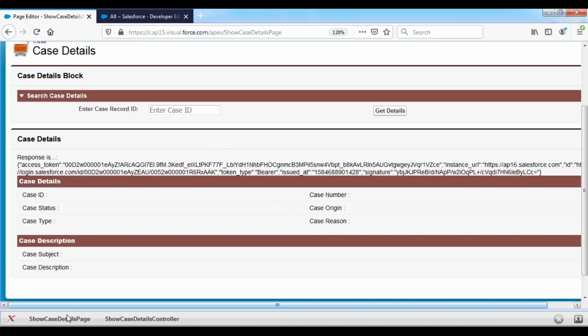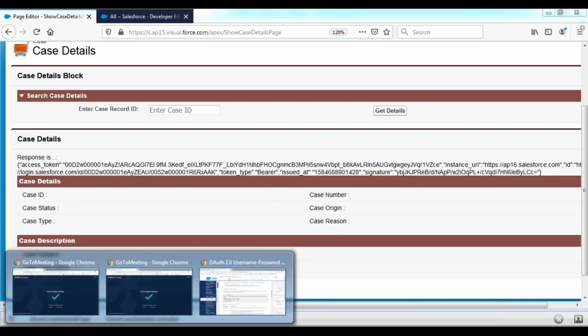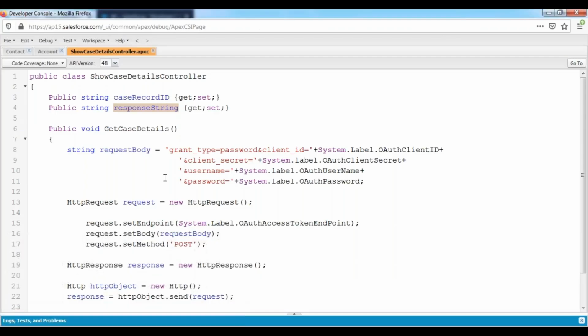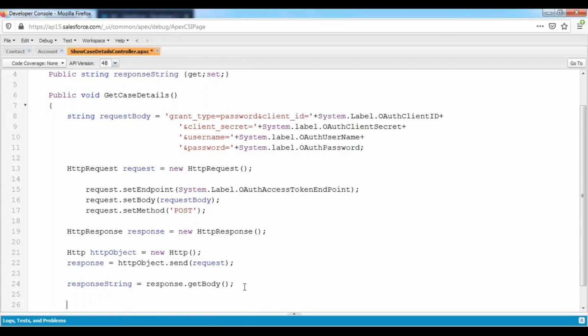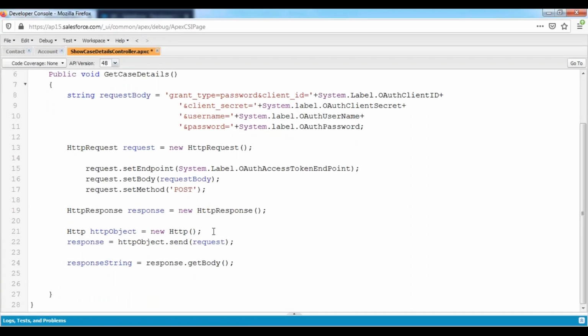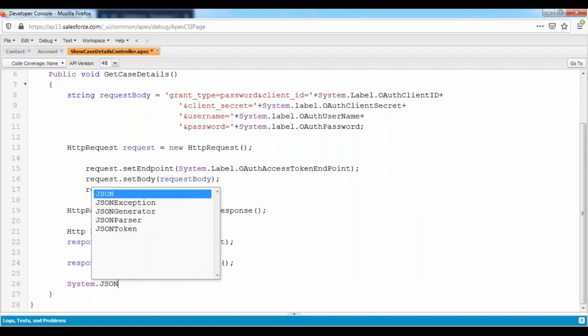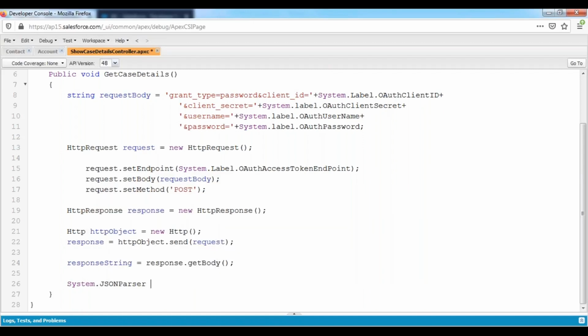Now I want to show the access token separately. For that, I would like to parse the content. So let me parse this content. Once the access token is available, then I would like to parse it. I'm declaring a JSON parser, like access token parser. Here parser equals System.JSON.createParser of